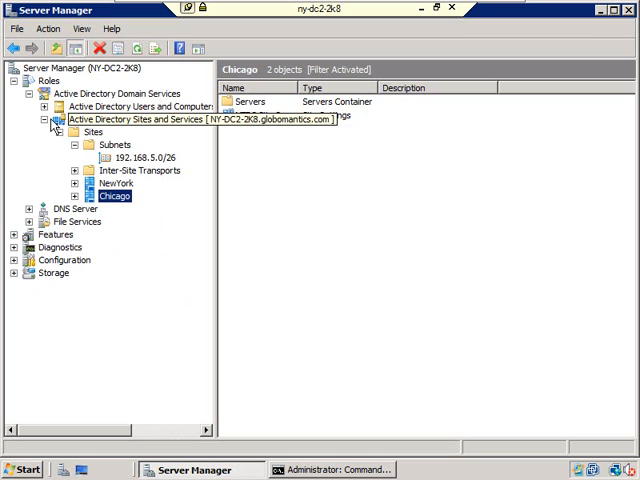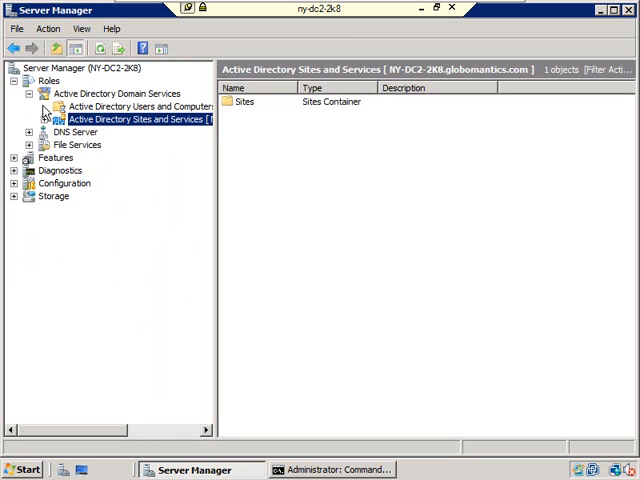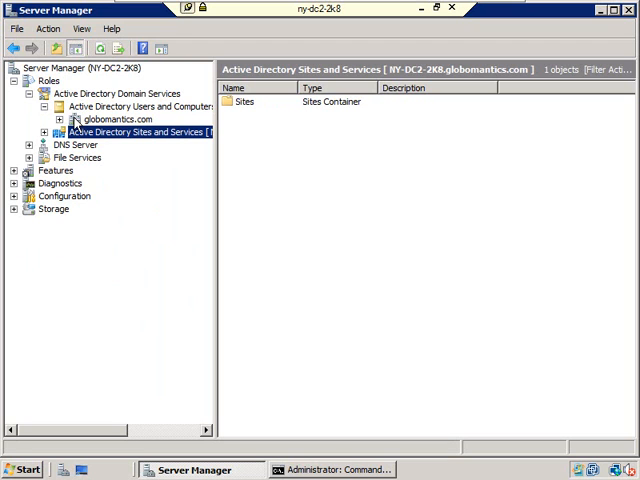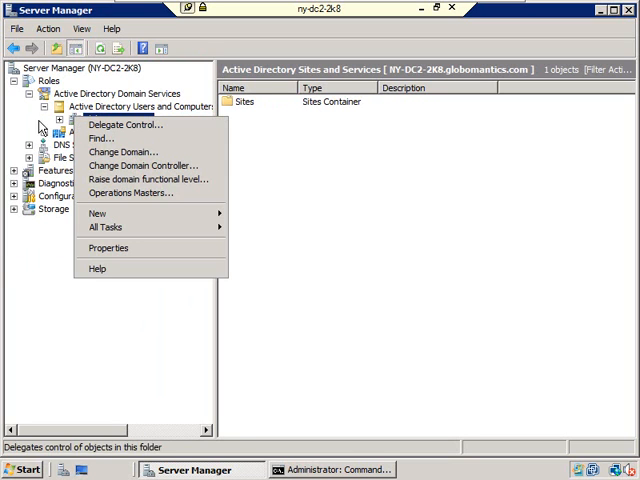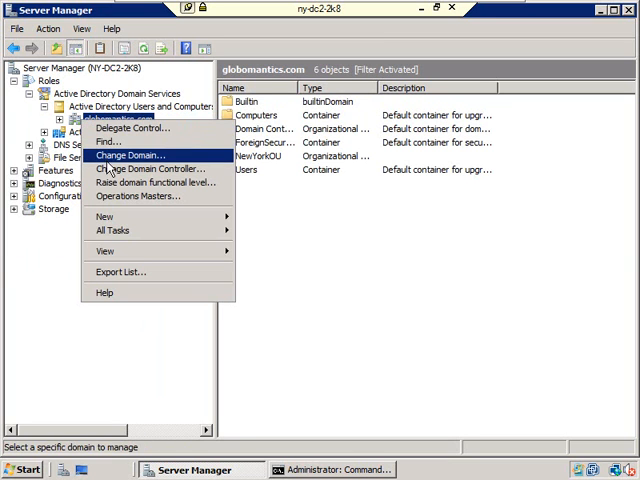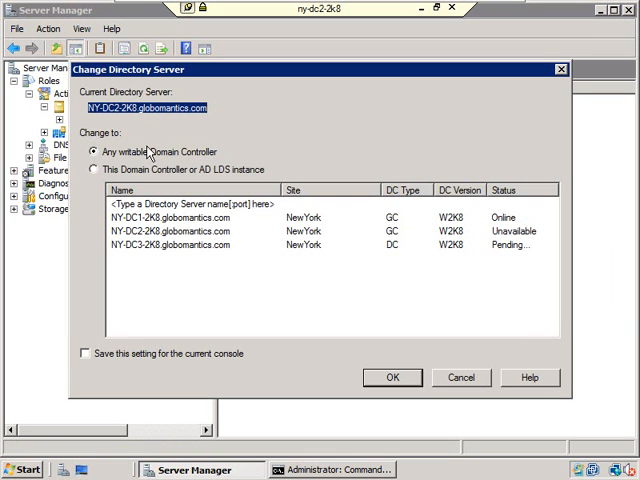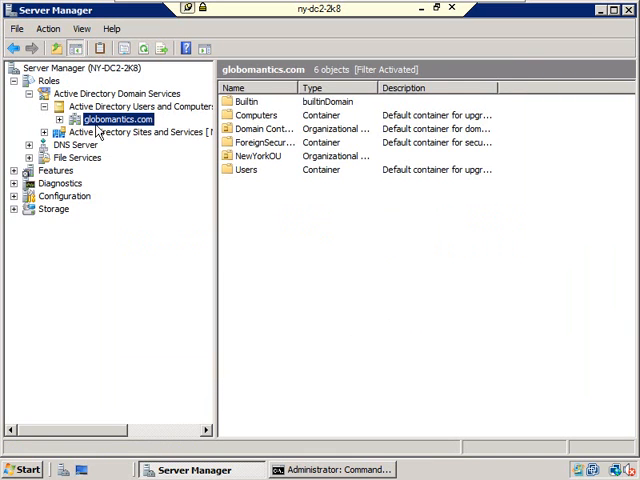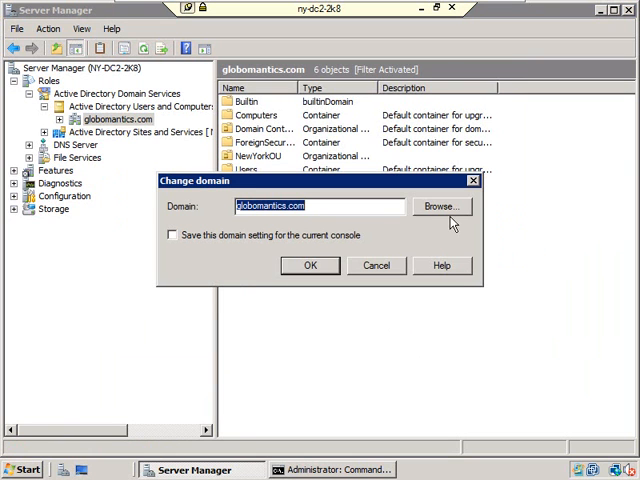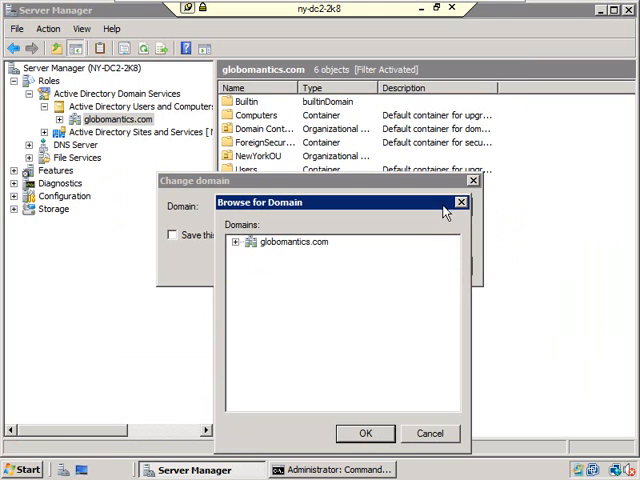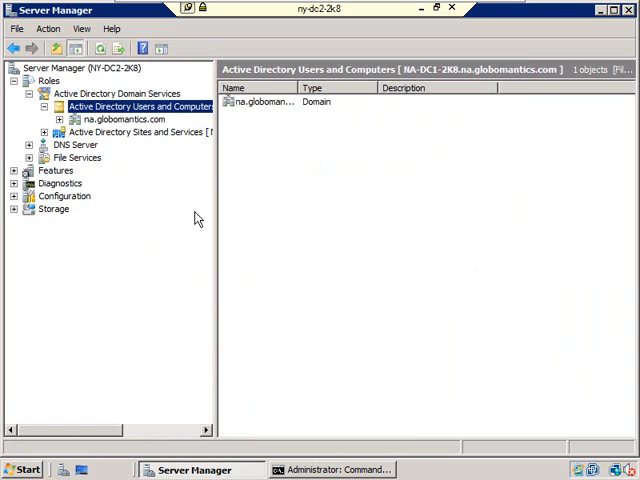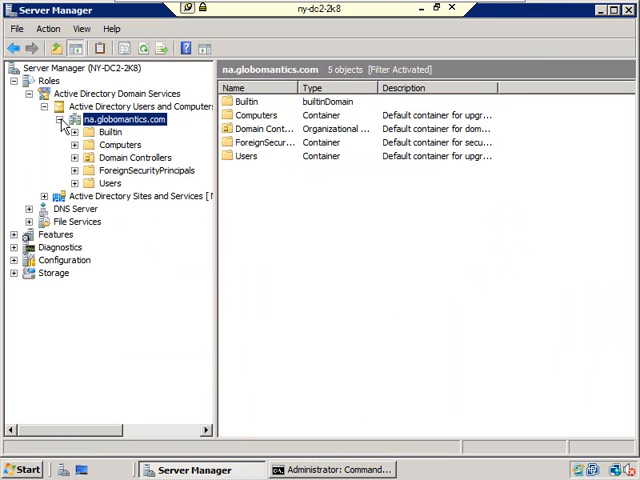And by the way, if we wanted to manage the Chicago NA.globalmantics from here, I could right-click on the globalmantics.com domain. I could change domain controller. Oops, just kidding. Cancel that. I could change the domain. All right, and so I'll click on Browse, and I'll expand Globalmantics, and I can select na.globalmantics.com and tell it OK. And now I have access to the na.globalmantics stuff from over here on NYDC2 in New York in the